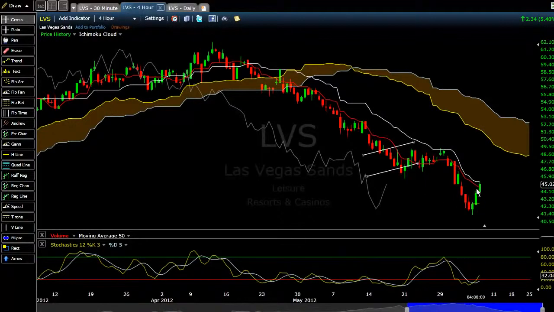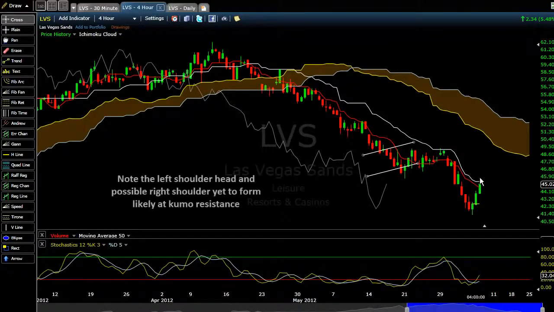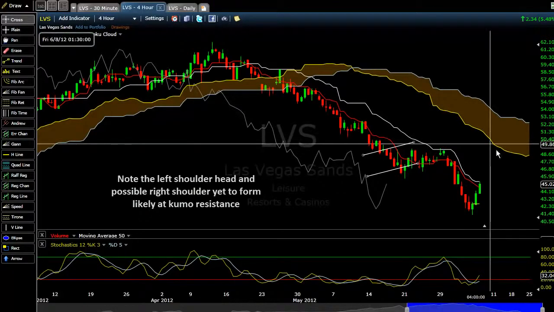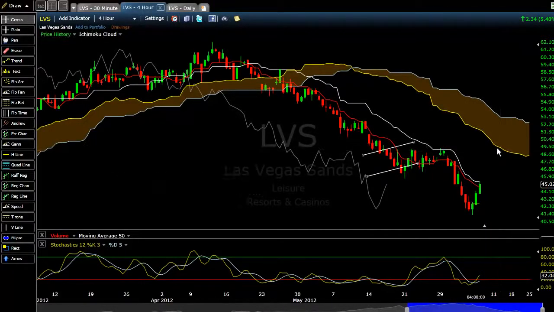Okay, I'd look for this to be a Kijun cross here, where price would pass through Kijun and close above. That would be a Kijun cross. We got stochastics oversold and crossing. And then I would look for a TK cross to the upside. Then I would look for resistance up here at the 48, 49 area, which is where that shows up on Goat's chart. Okay? So again, this is Cousin Vinny with a brief